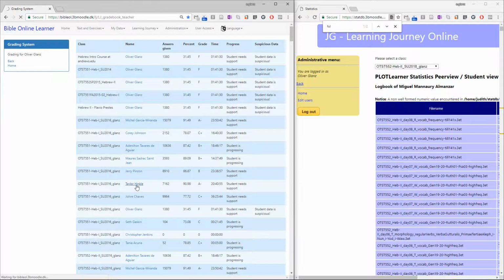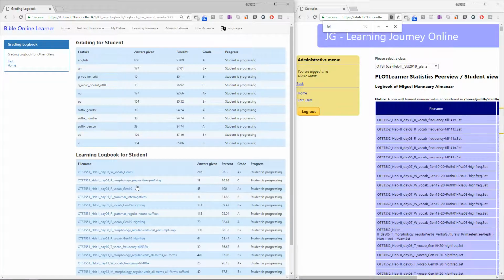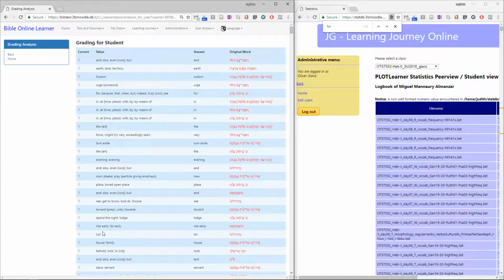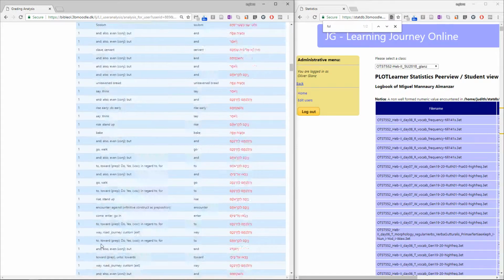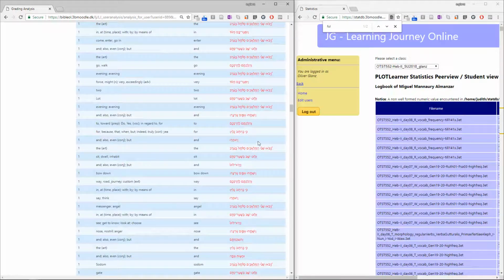Perhaps he's complaining that the Bible Online Learner didn't really accept his answer because he thought it was the correct answer. You know, you regularly have these types of students. Well, this site allows you to actually have an exact look at what the student is talking about. So, for example, here I click on the exercise that the student might potentially have complained about, and so then I can look together with the student, or